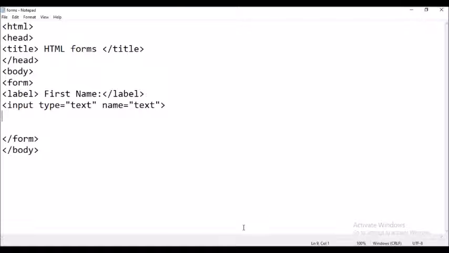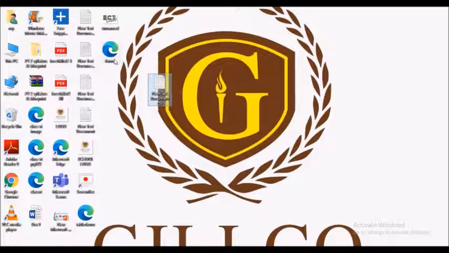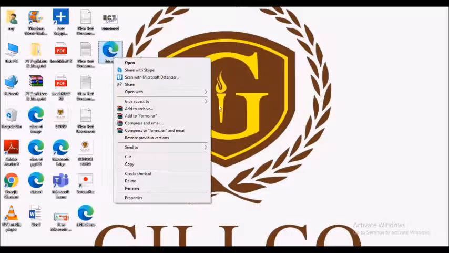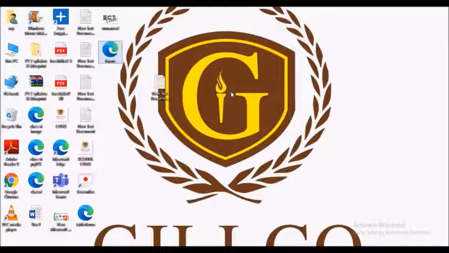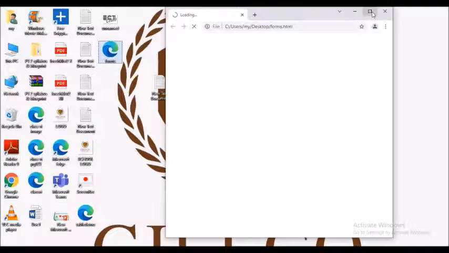Now I need to open this. Let me open this in my Google browser. So this is how this form looks.